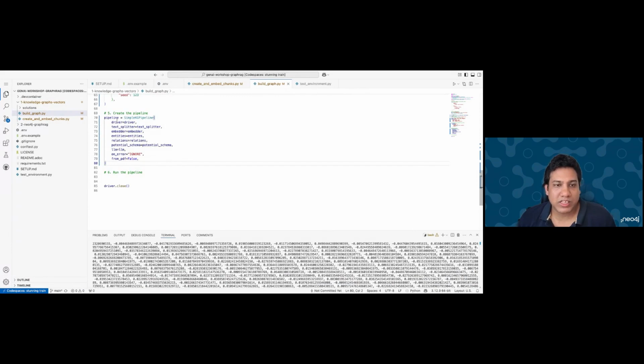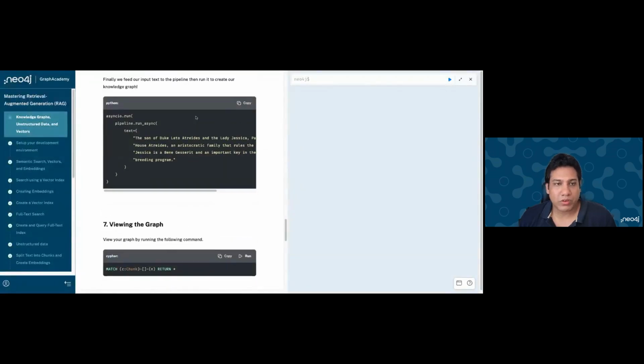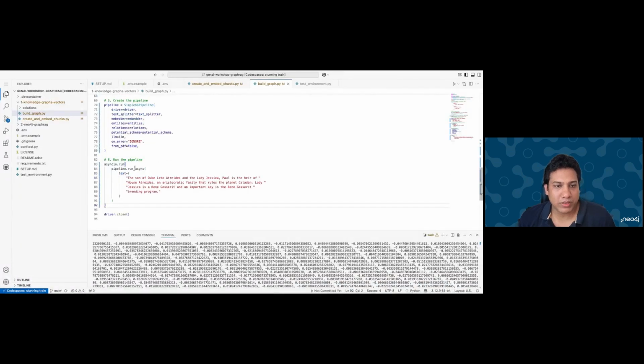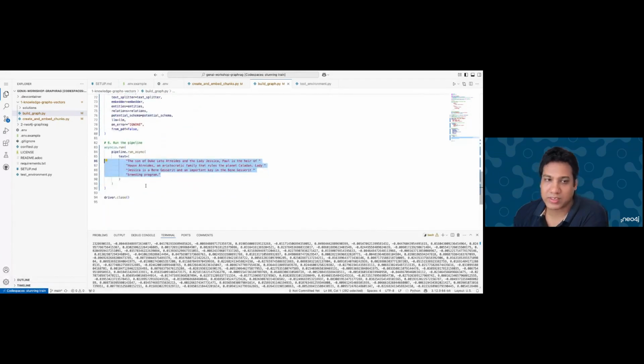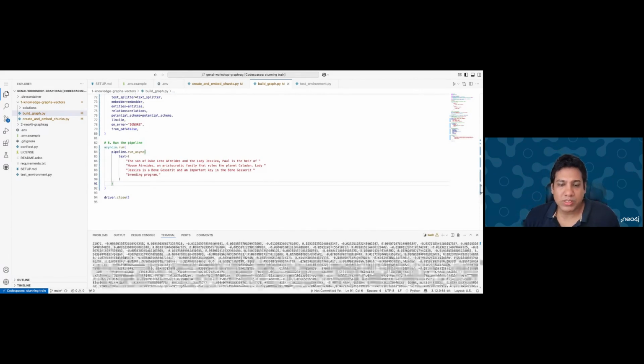Now, this KG pipeline is instantiated with our driver, our text splitter, and an embedder. Entities are mentioned, relationships are mentioned, a potential schema is mentioned, and the LLM is defined. From PDF, we are saying no, we're just going to run it for the text. Now, what is this text that we're going to use? If I go back and run this, copy and paste over here. We have updated the text a bit. For this particular text, I've defined some nodes and entities to extract. Just create this and run it for me. So once I run this,